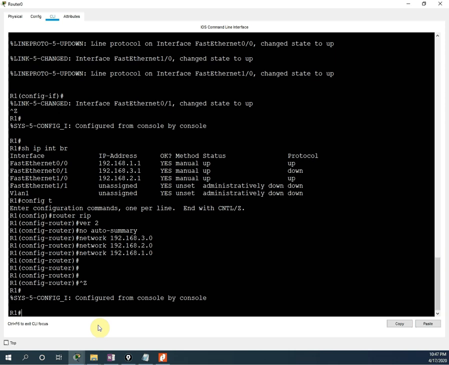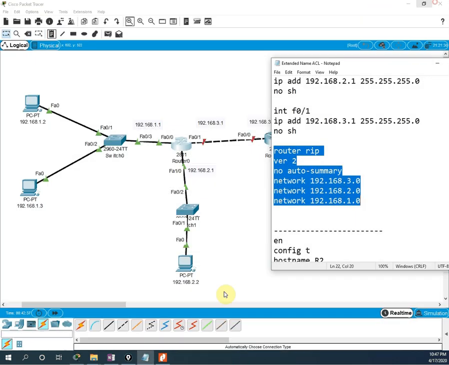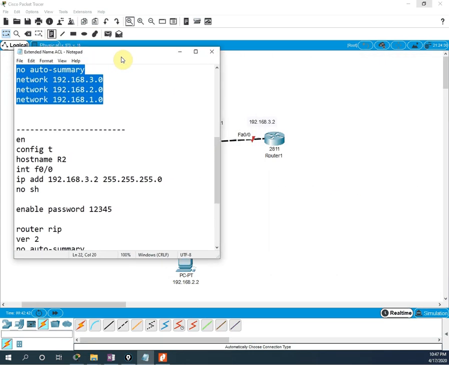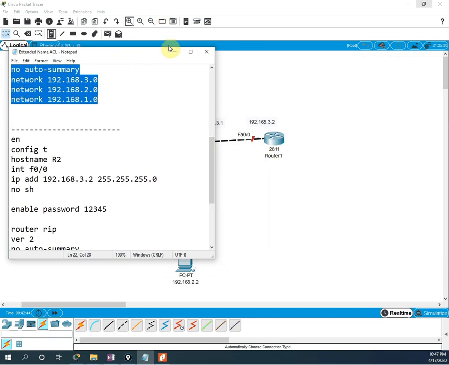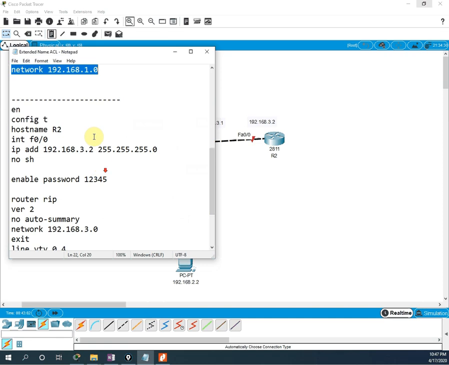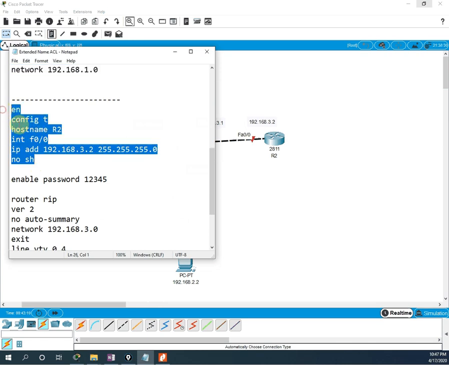So now I can go to the second router. Before going to the second router, we need to verify whether the configuration I wrote is okay for the second router. This is router 2. Let me rename the router name also. Here I will do R1 and here R2, so we will not have any confusion. So let's see in this notepad what I wrote. Interface F0/0, 192.168.3.2, this is 3.2, subnet mask, and all of this is okay. So I will copy this configuration.